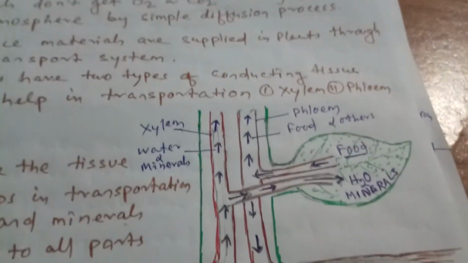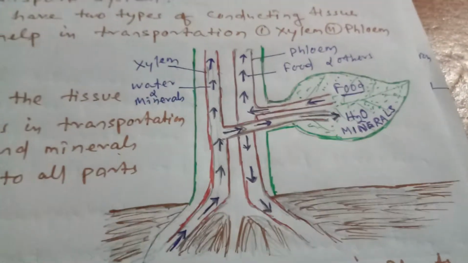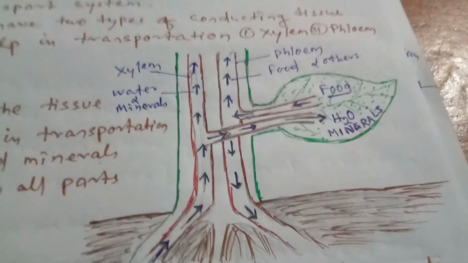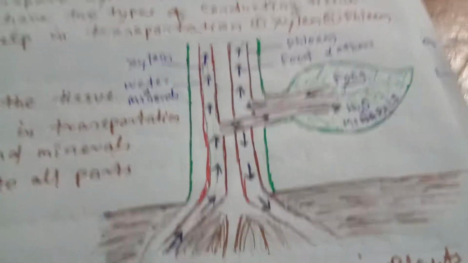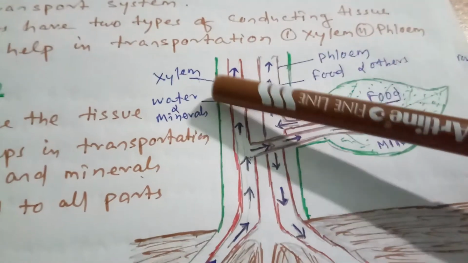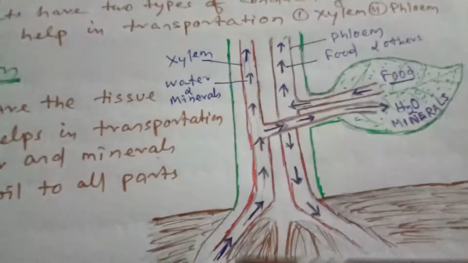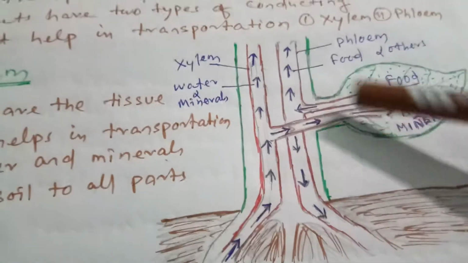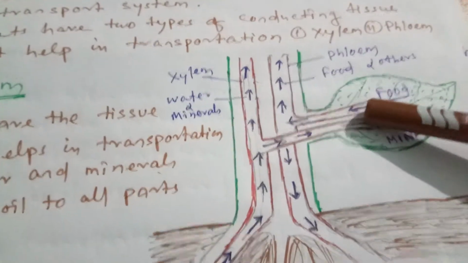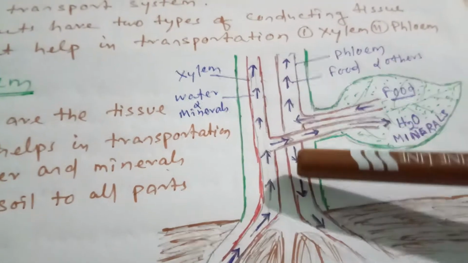Students, let us look at a diagram. We can briefly understand how transportation takes place in a plant. In this diagram, we can see there are two types of conducting tissue present in this tree. One is xylem, which carries water and minerals from the soil in an upward direction, and another is called phloem. It is getting the materials from the leaves and taking them in different directions, in upward direction as well as in